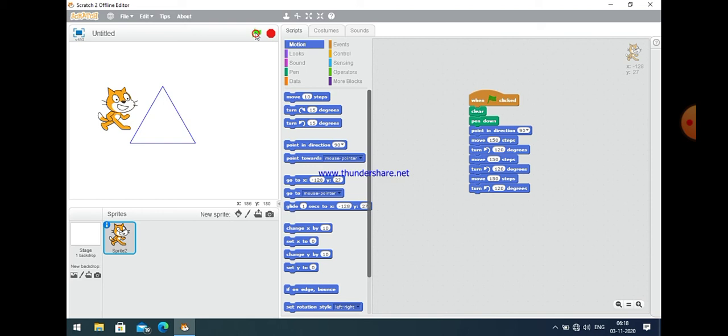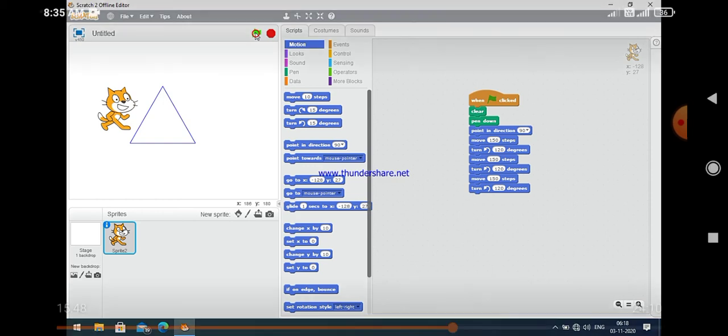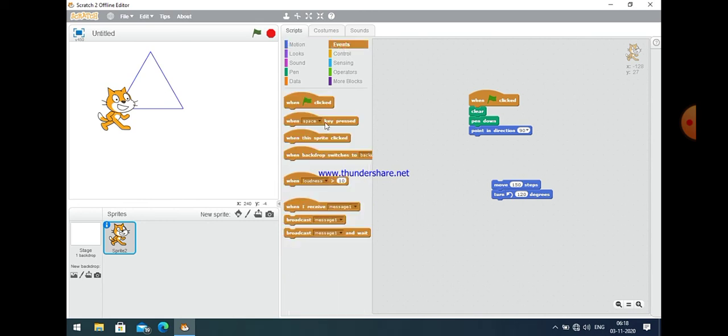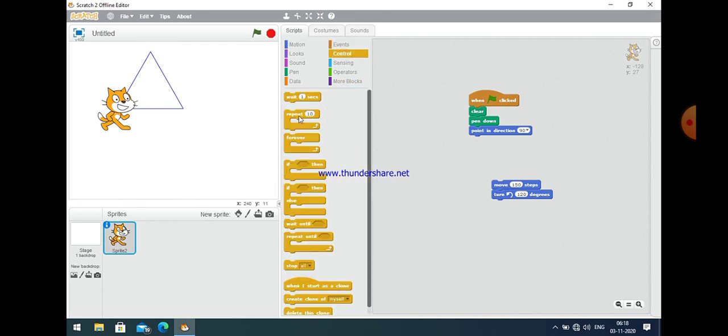Since I don't use a repeat block here, I just give the command 3 times. So this will make a triangle again. You can easily see on the screen. That is the main advantage of using a control block, that you have to mention commands only a single time. Let us check it again.